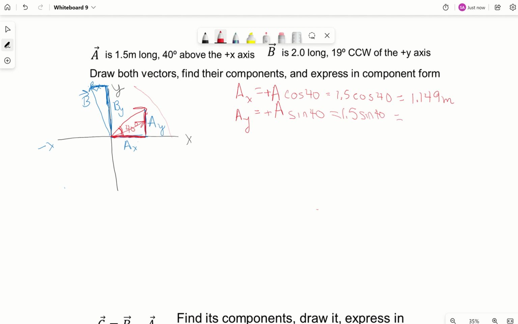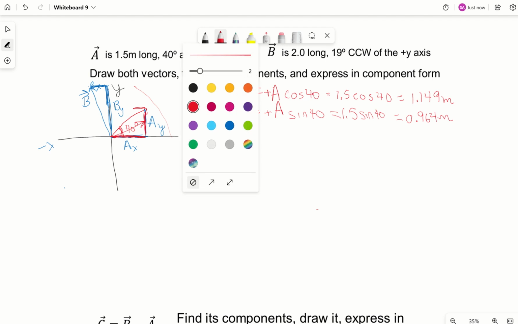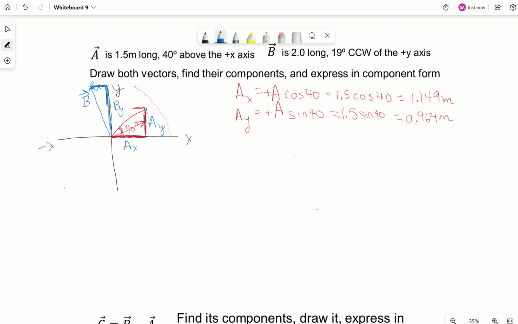And that's going to be a smaller number, 0.964 meters. Okay, so I've drawn both my vectors. I found the components of x. Let's find the components of y. So let me switch to my blue color. All right, so for b, bx and by,